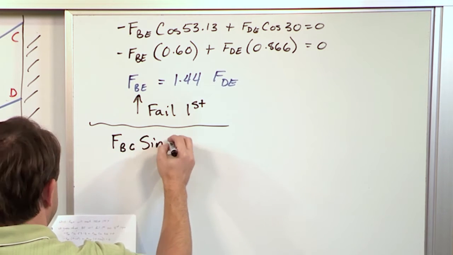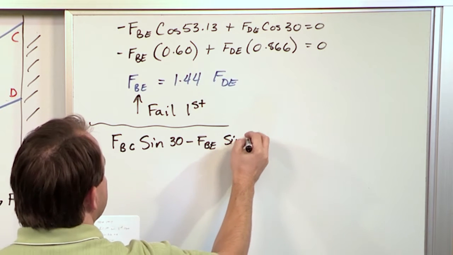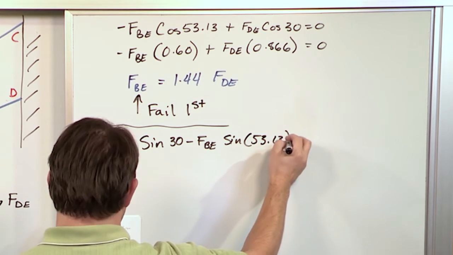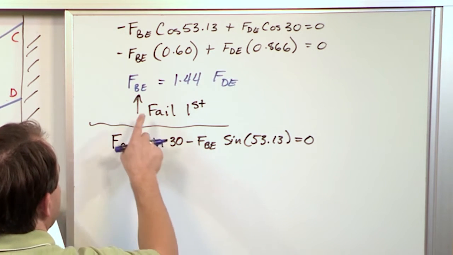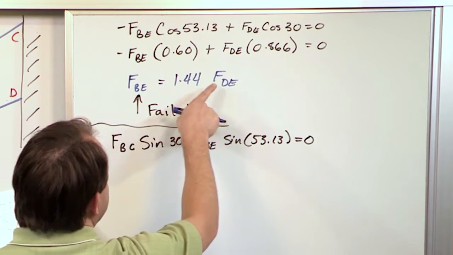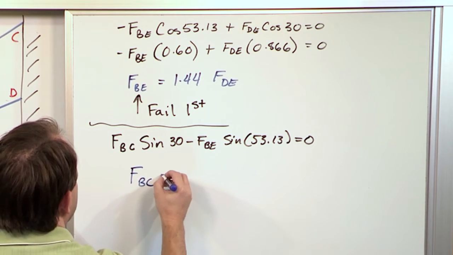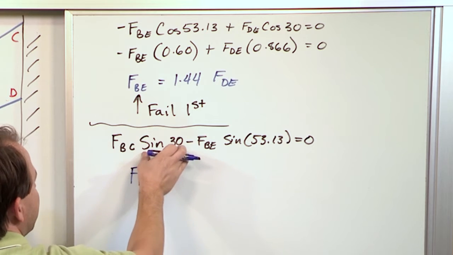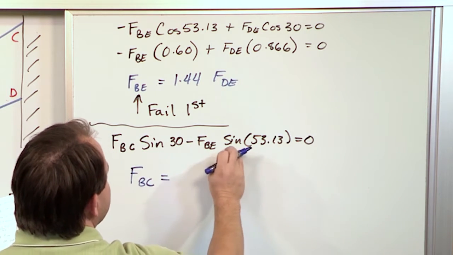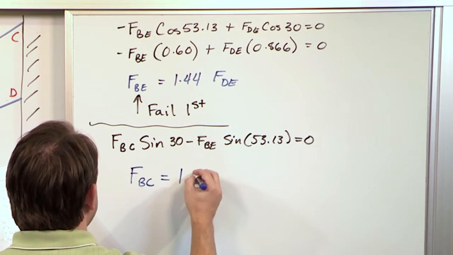F_BC sine of 30 minus F_BE times the sine of 53.13 is equal to 0. And again, I'll spare you the details here. What we're going to solve for, we already know that BE is going to be bigger than this guy. So let's solve for F_BC, okay? We're going to move this to the right-hand side and divide by sine of 30, which is 1/2. So it'll be this divided by the sine of this. What you're going to get on the right-hand side is 1.60